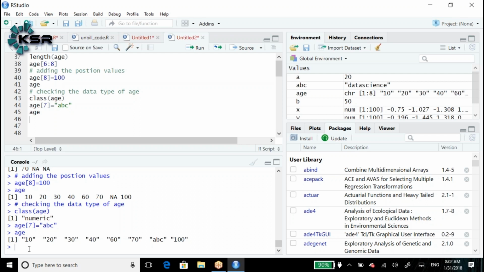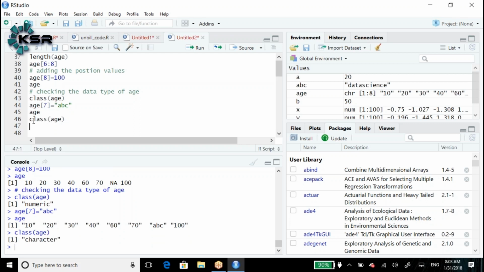Clear? If you have a doubt, let me check. Class of age. See, class of age is character.